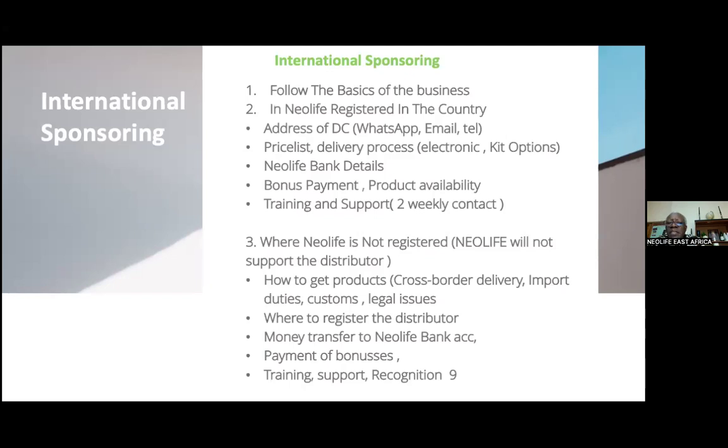So you, as the sponsor or the director, need to keep track of the bonuses that people in your team receive. I remember when the company was not registered in Nigeria, our distributors in Nigeria used to buy products from Ghana because Ghana was open at that time. They would send somebody to Ghana to buy products for the whole team, then bring them across.